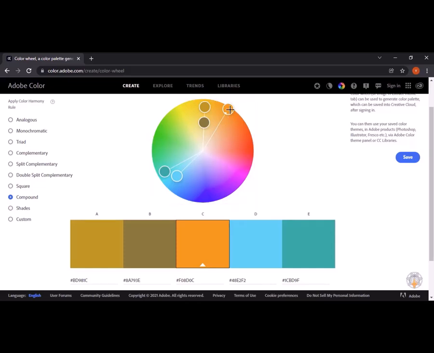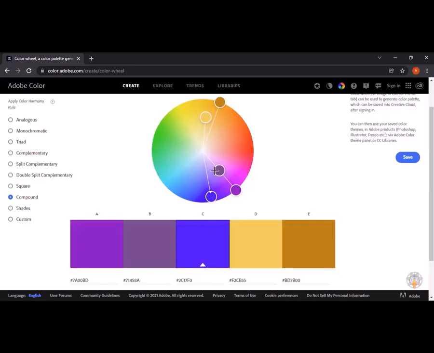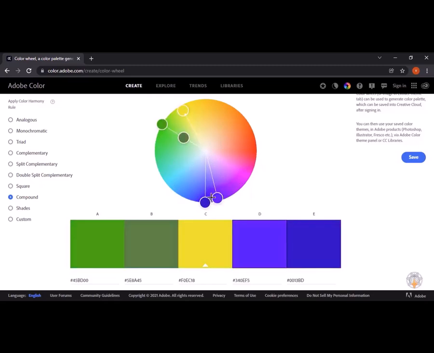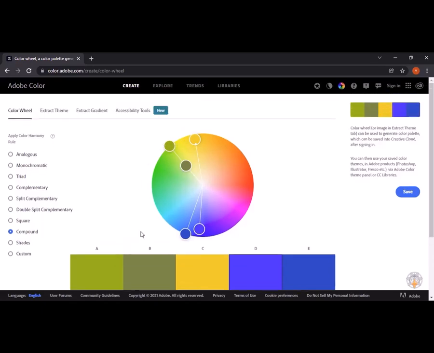If I move it towards the warm colors, so remember, the right hand side of your color wheel is known as warm colors, and the left hand side is known as cool colors. So you can see currently I am seeing all the warm colors here, which I can pick in my color wheel, or I can move it again to the 180 degrees, and I can see all the cool colors in view. So compound colors are very good if you want to just divide your color wheel in 180 degrees and choose one side of the colors.